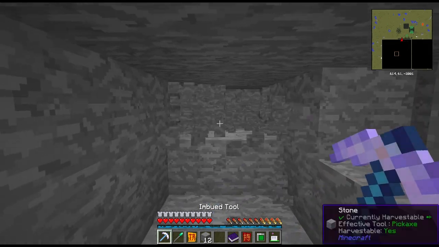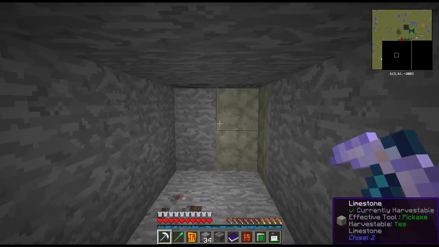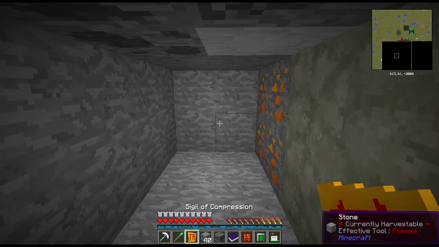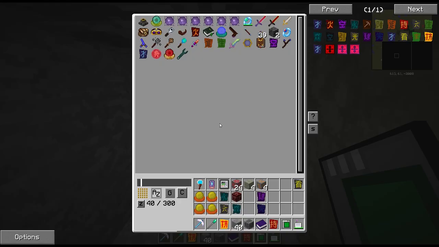Alright, there we go. Now the magnet is on. Yeah, it pulls it out of a nice distance. I think that's good enough. Now let's see here. Right-click this. Ah, because this is stone. This is not cobblestone. I'm gonna have to get something...